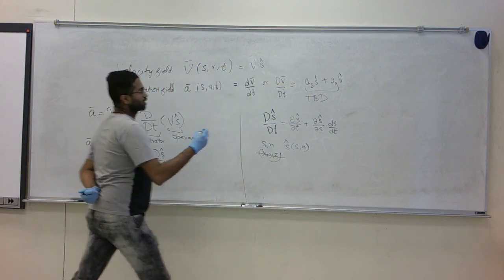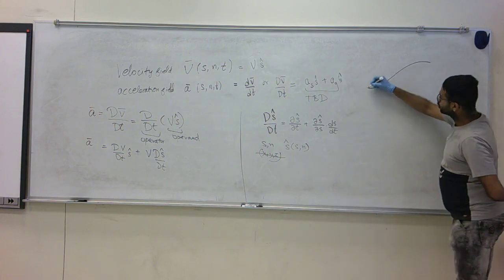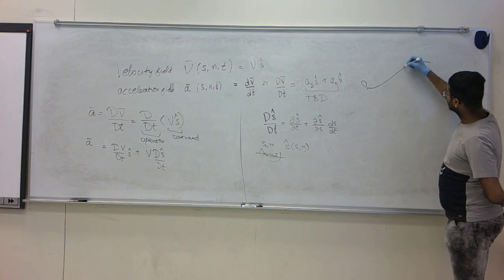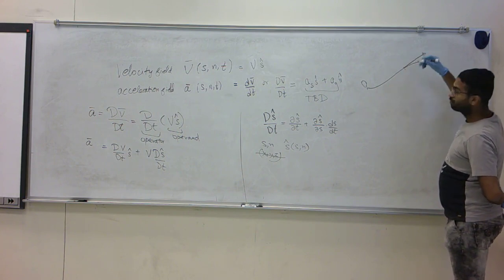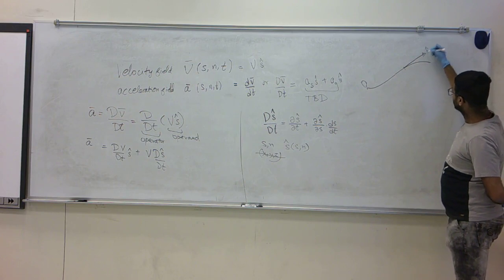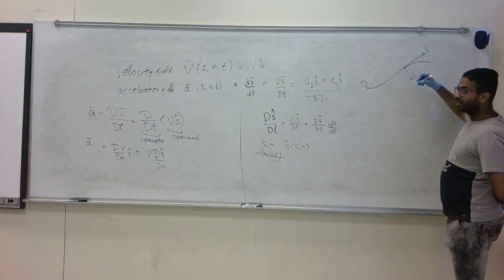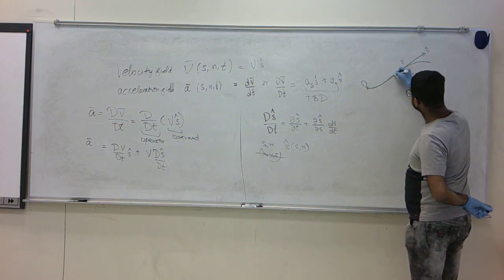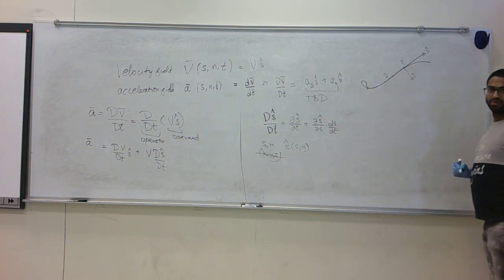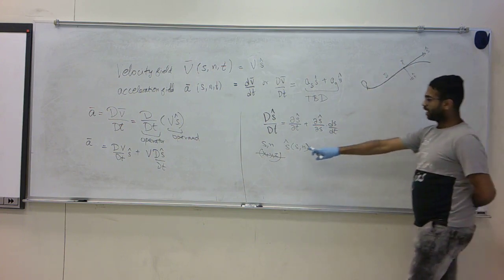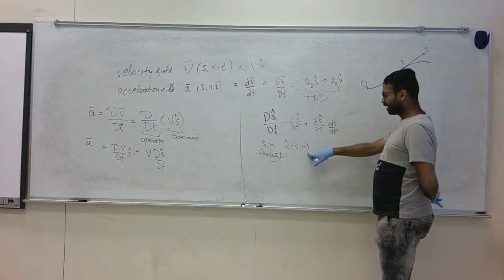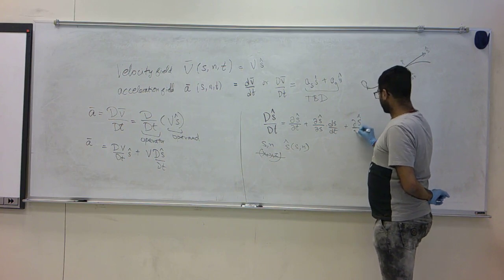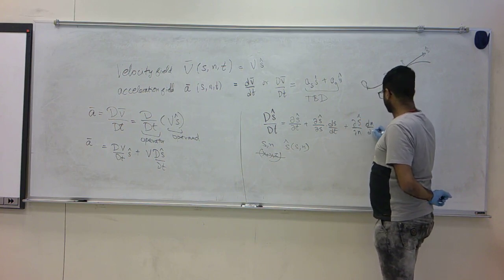That is, if you choose a streamline, you need to choose an origin and you measure distances along it. So if you are at this point here, your local direction of s-cap and n-cap are a function of where this point is, at what curvilinear distance from the origin. So I'll write s-cap as a function of s and n, and then I have plus ds-cap over dn times dn over dt.